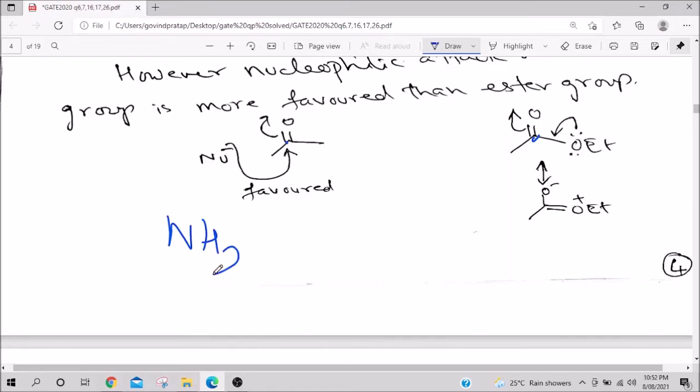Nucleophile, you have to always remember, nucleophile means Nu minus, electrophile means E plus. So, Nu minus does not always mean negative charge, it can be negative polarity, like here the lone pair of electrons. Similarly, E plus is what attracts electrons, electrophile. So, it need not be a positive charge, it can be positive polarity. So, here the nitrogen lone pair is there. So, now the lone pair can attack on this ketone much faster than it will attack on this ester.